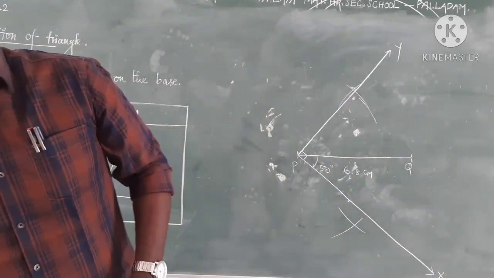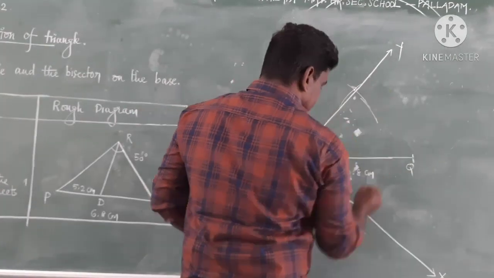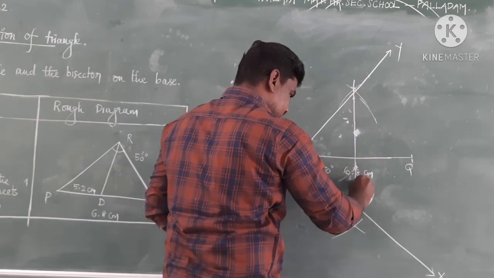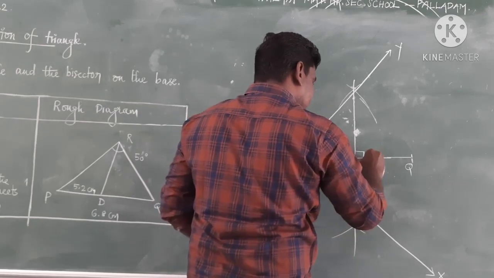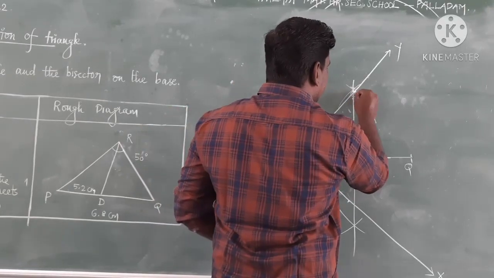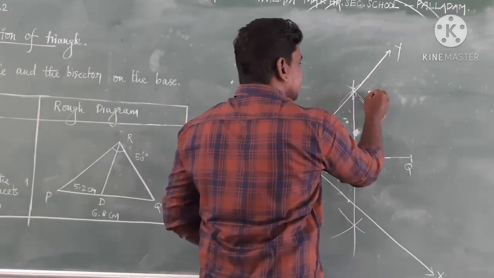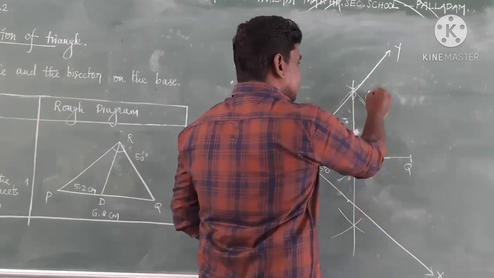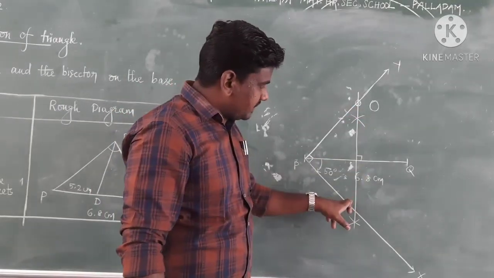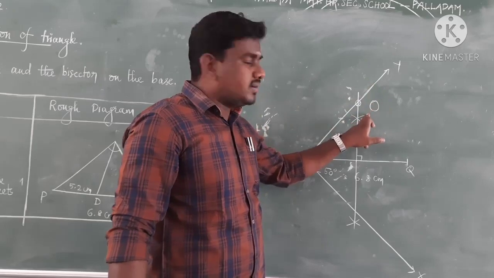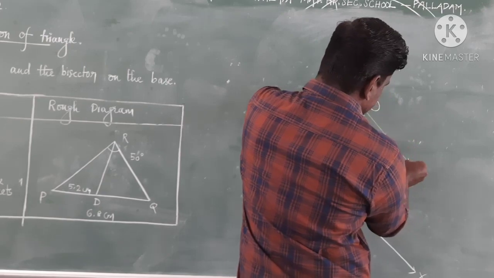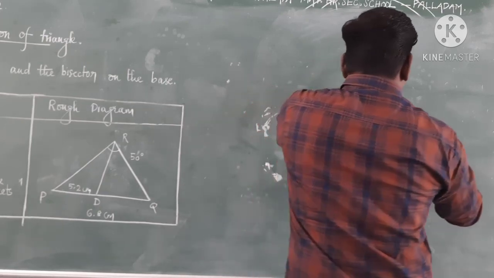Okay. The points of intersection are this one and this one. Join them. This is the perpendicular bisector. Okay. So next, the point of intersection of this perpendicular bisector and this PY is the circumcenter O. Next, draw the circumcircle. Take O as a center, OQ or OP as a radius.